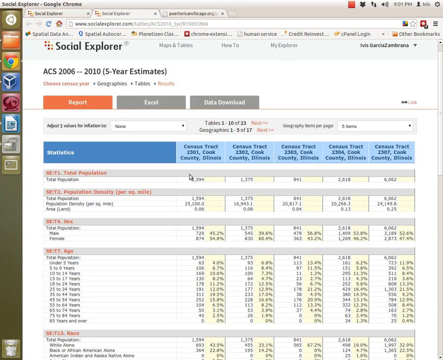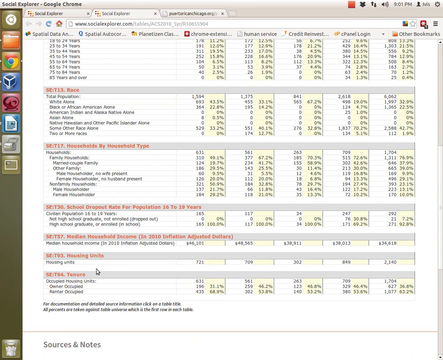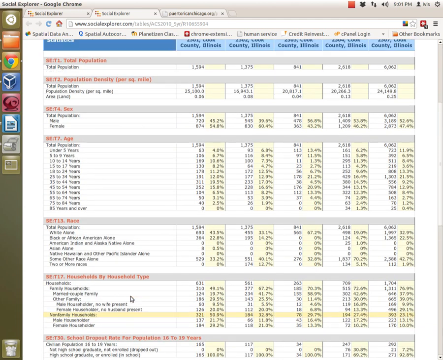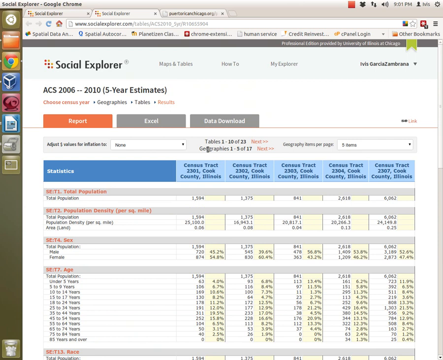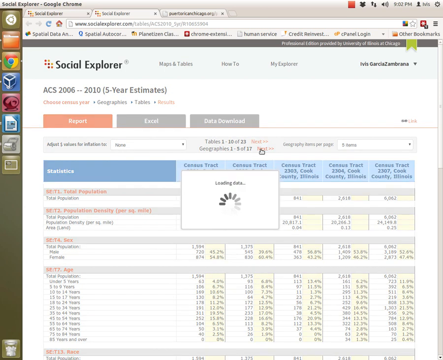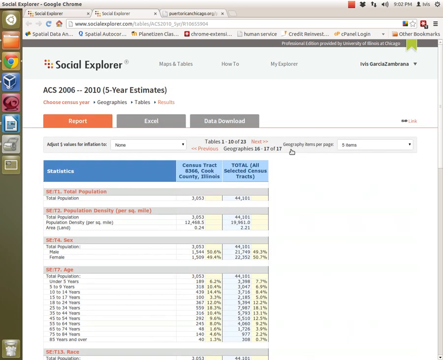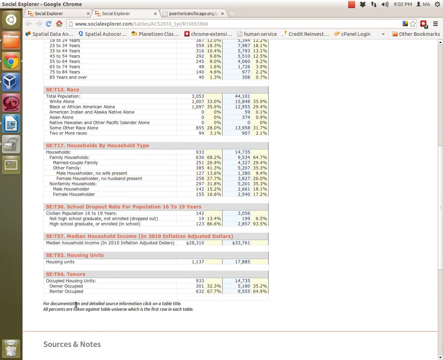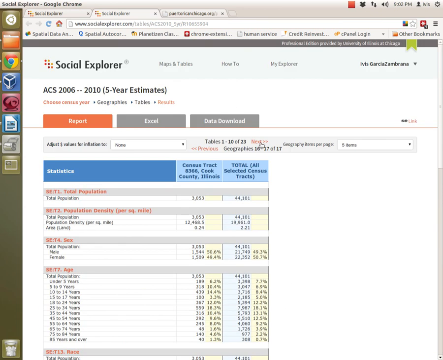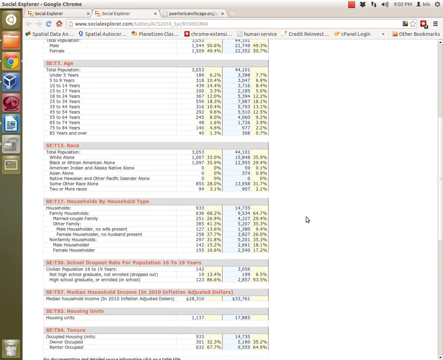to the first tables, and I'm actually interested in housing tenure, so I want to explore that, but I need to go to the very last geography, because here I have compiled different census tracts. You can see the numbers, so I want to go to the cell that aggregates all this data for me. So I'm just going to go to the last geography until it reads total all selected census tracts. And here again I'm in that first table that I was exploring, but if you keep going, maybe you will be able to go to other